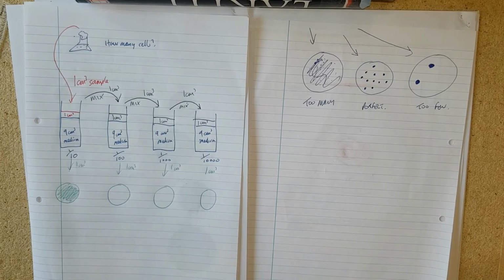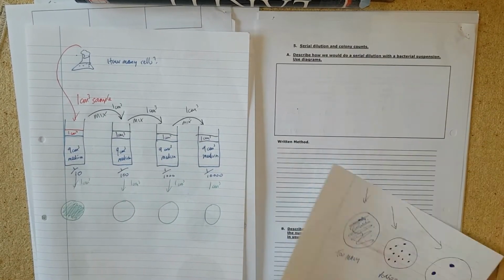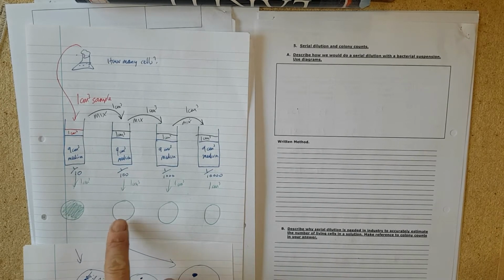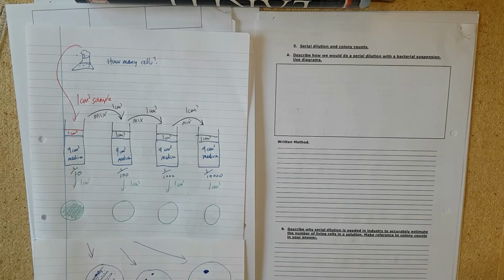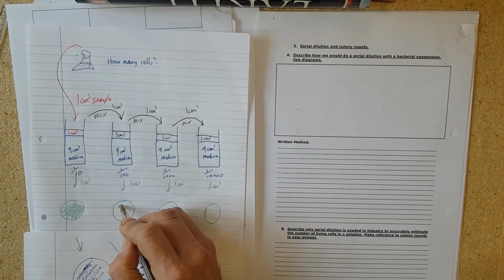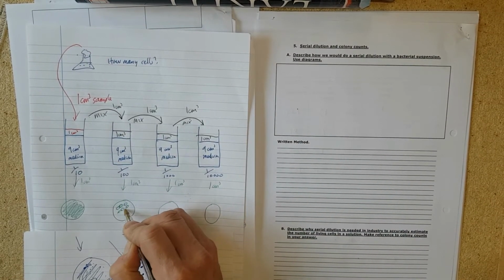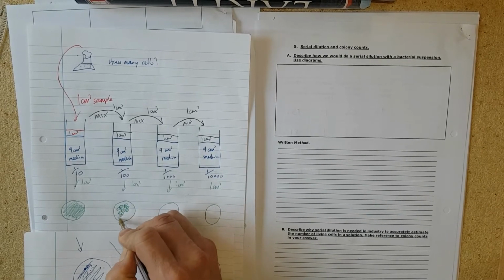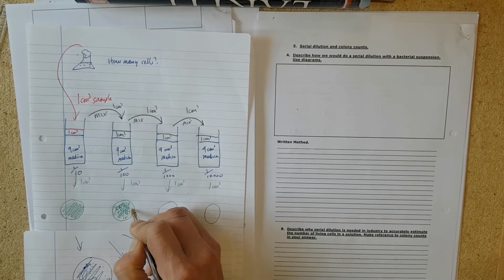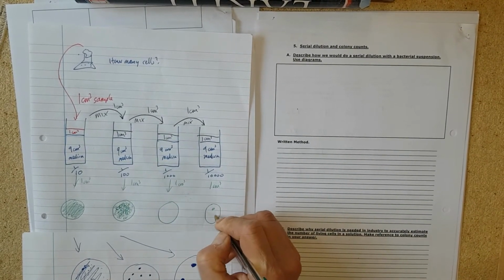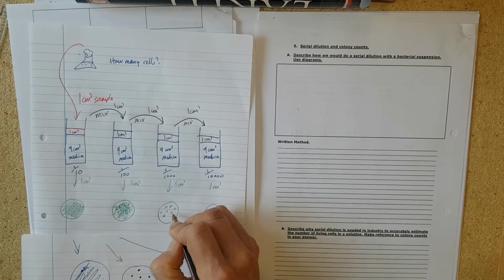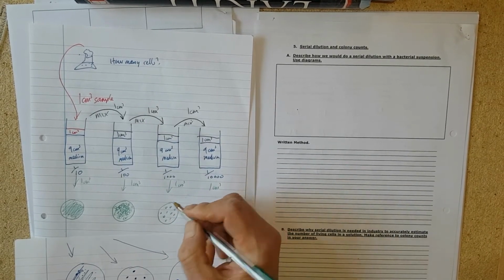And hopefully one of these plates looks like our plate that's easy to count. But we don't know which one it's going to be. Might be right down here, might be right down there. Who knows which one it's going to be. And so, for example, this one might still have merged colonies that it's hard to count. So too many to count. This one might just have a couple, whereas this one might be just perfect. So you can count